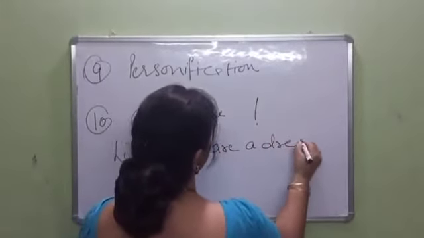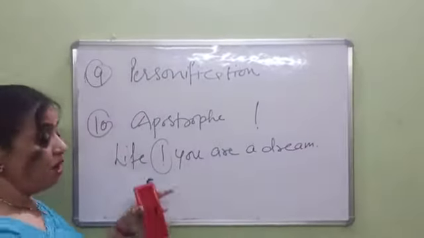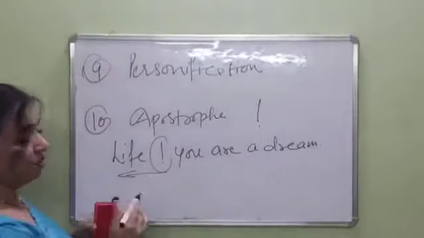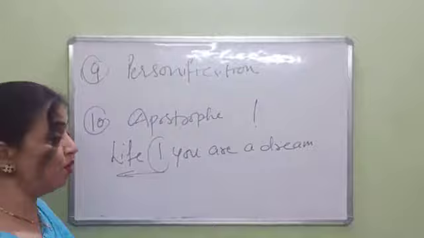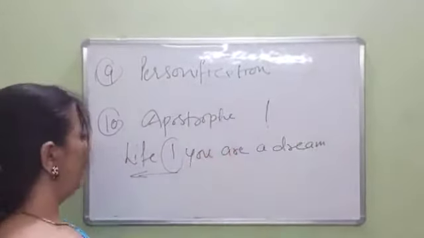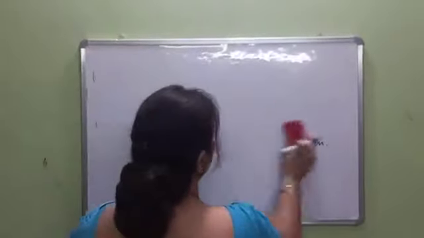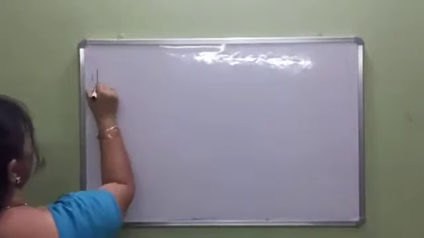But what is the important thing I have done? I have used the sign of exclamation. When you are addressing a person who is not present in front of you, followed by a sign of exclamation, this is apostrophe. Right? So personification, and the last two which we are going to do is, one is